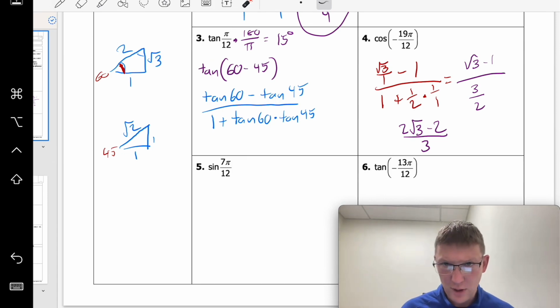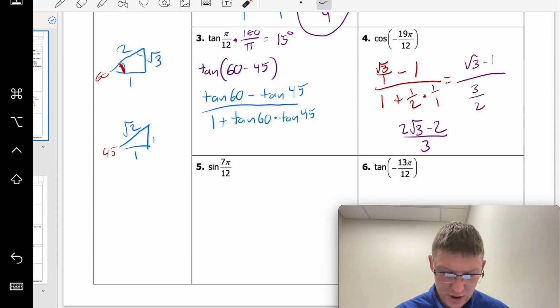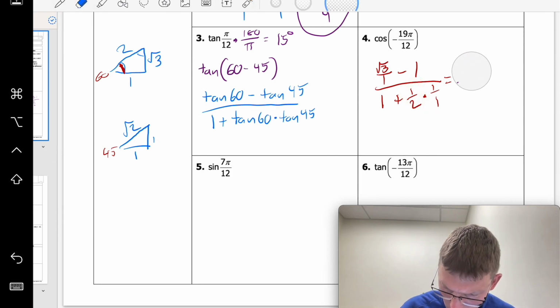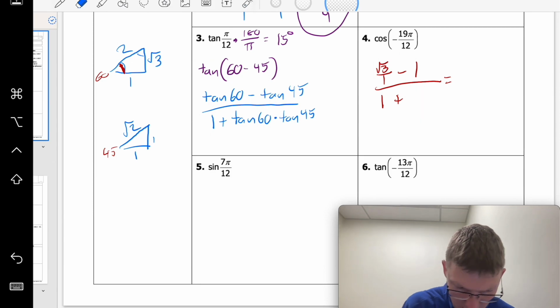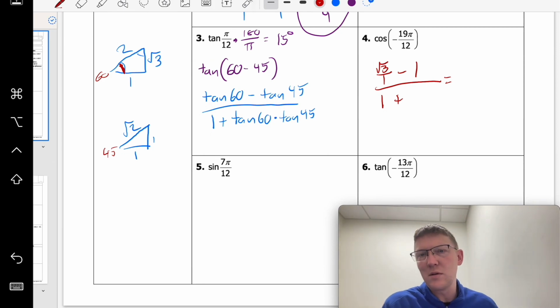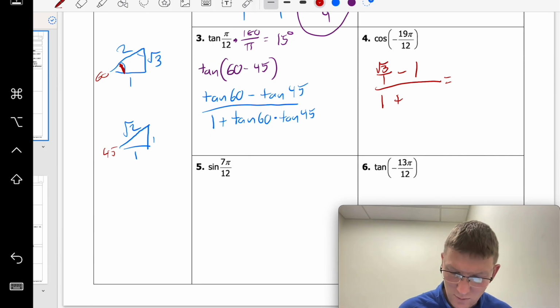So I kind of wanted to go through how I was troubleshooting. First I checked to make sure that I wrote down the equation right. I did. So then I checked, okay, did I do tangent of 60 right? So that one is right. Tangent of 45, that one is right, 1. So then tangent of 60, I said was 1/2. So that's where my mistake was. So let's start there and keep going. That troubleshooting process I think is important to see because you're going to make a mistake in one of these and you're going to need to be able to figure out where you made the mistake. So that's where I'm at. Anyway,